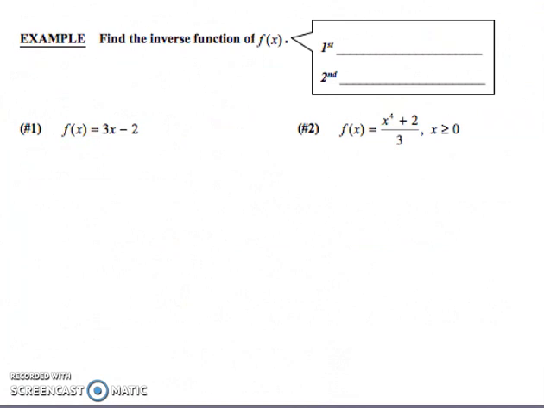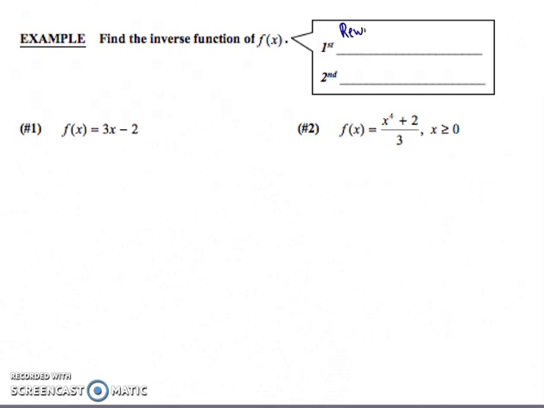It says find the inverse of function f of x. For example 1, f of x is 3x minus 2. So when we're finding an inverse, and you should remember this from Algebra 2 because we did this quite a bit, your first step,